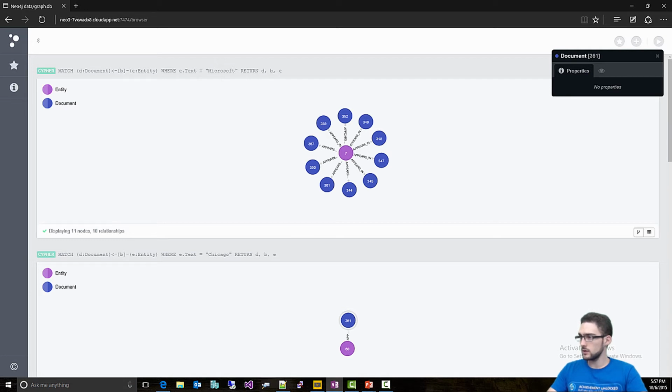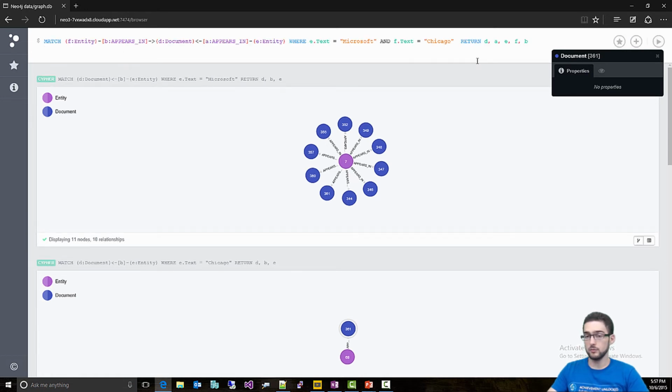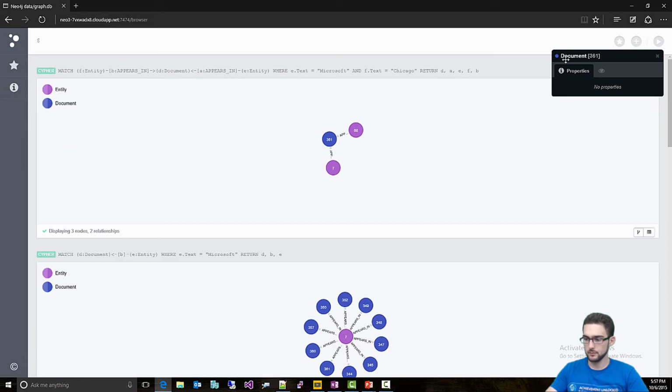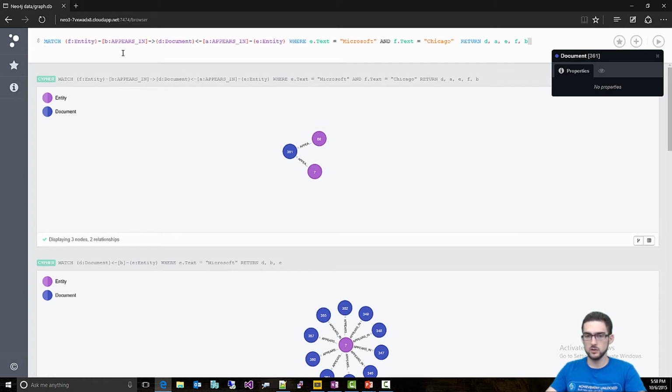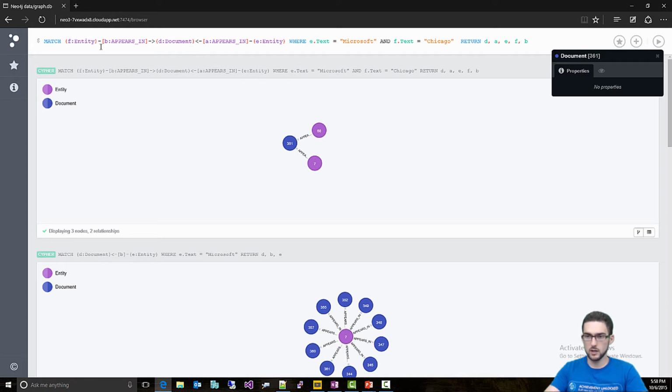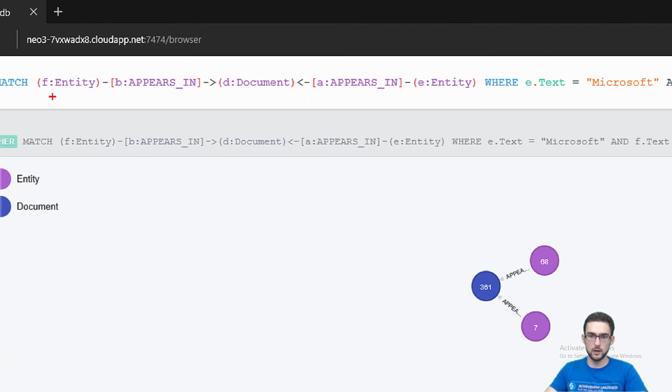Then let's try something even more complicated. Let's try to extract all the documents which talk about Microsoft or Chicago first, and talk about both of these concepts actually. We can see that quickly we have one document which talks about probably the Ignite actually, and is talking about Microsoft and Chicago. And the way we express that again is in a very visual way. As you can see here,